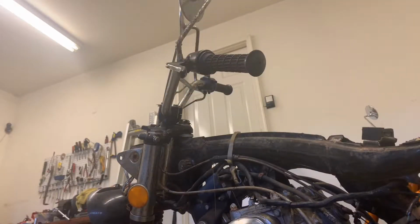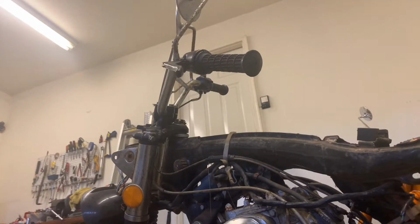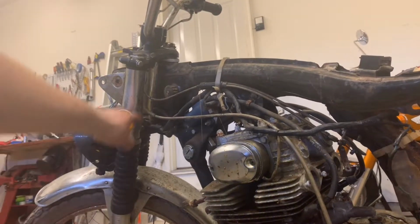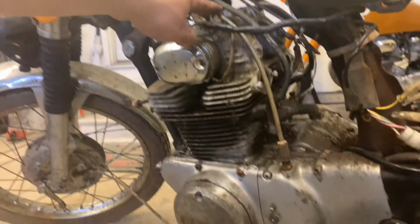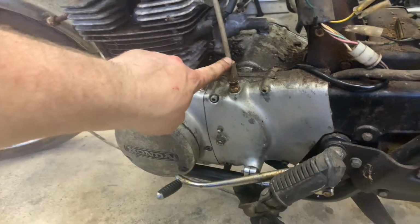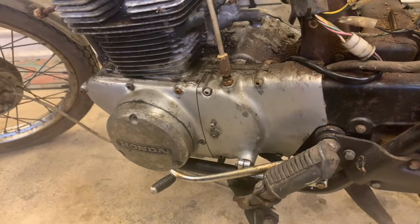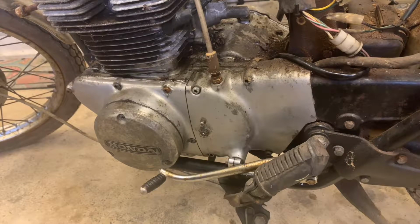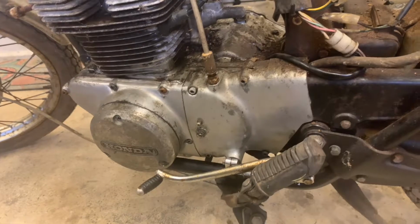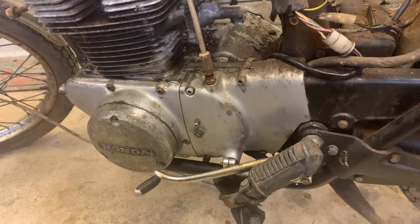All right, so we just took that off of the handle. And if you follow this cable down, it's coming through here, and it runs all the way down, and it runs right into the top of this. So in order to get this off, it's time to remove our first side cover. This could go really good, or this could go really, really bad, okay? So I'm going to go get the right